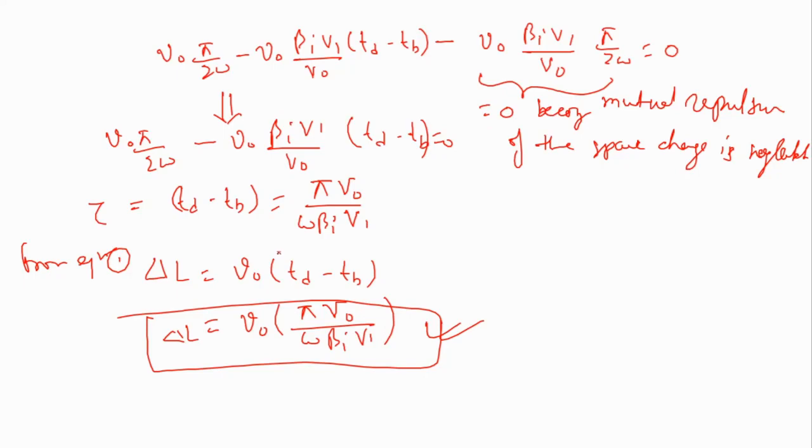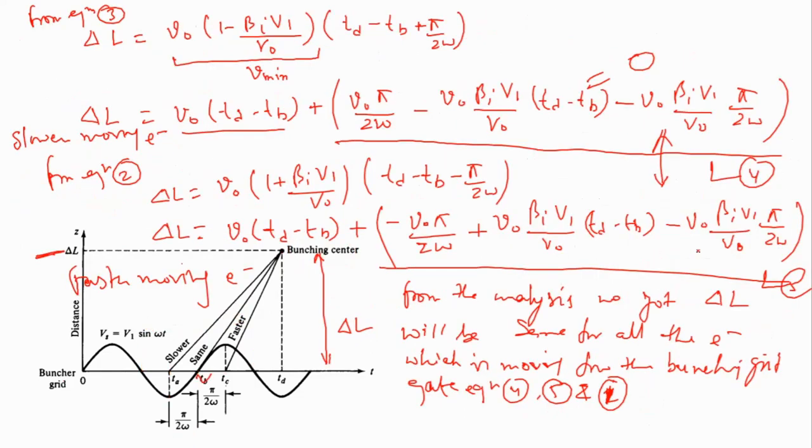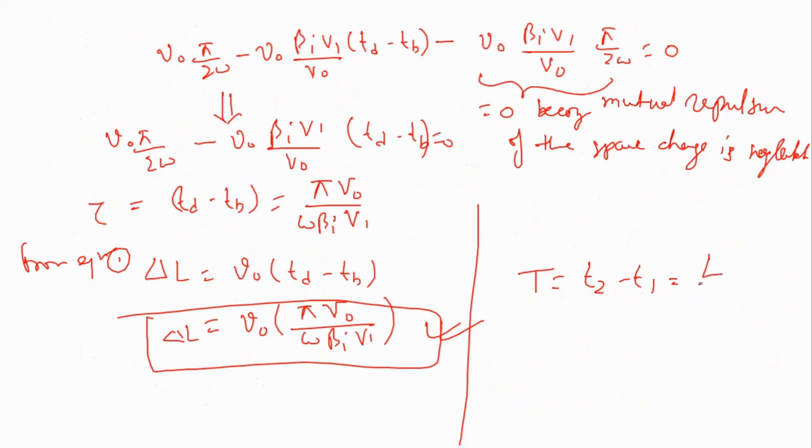Okay, so now we will try to find what should be the spacing between the buncher and catcher cavity. Now we will try to find the transit time for an electron to travel a distance of delta L. So if you find this, your T value should be T2 minus T1. You can see in this figure the electron will travel into the drift space, that is this distance. This is nothing but L, that is T2 minus T1, the time taken by the carrier to travel this distance. T2 minus T1 is nothing but the distance was L and the velocity of the electron was v of T1, that is a modulated velocity.